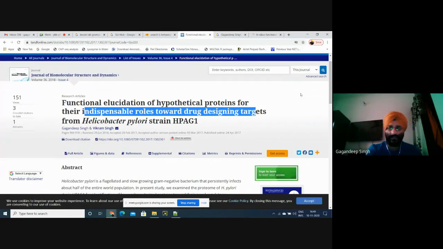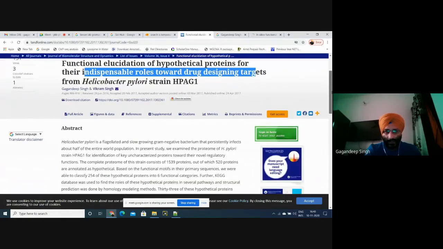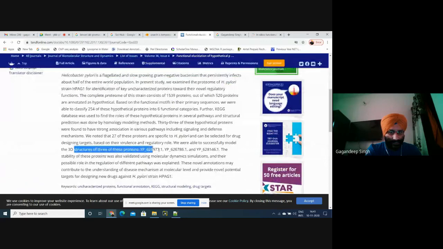In the same study, I have built 3-dimensional structures, and 3 structures were validated using molecular dynamics simulations. These were identified for drug designing out of 254 hypothetical proteins.